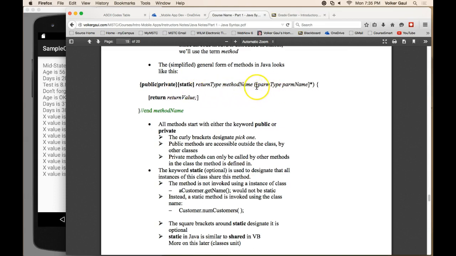The other thing a method might have is a list of parameters. We'll see these more later. The star means you can have many of these. Each parameter has a type. Each parameter has a name. Remember last year we were talking about the envelope. When I call Miguel and tell him to do his job, I might need to pass him some information, put stuff in the envelope when I call him. When he gets it, he opens it up. This is data that is sent usually into a method to say, I want you to,